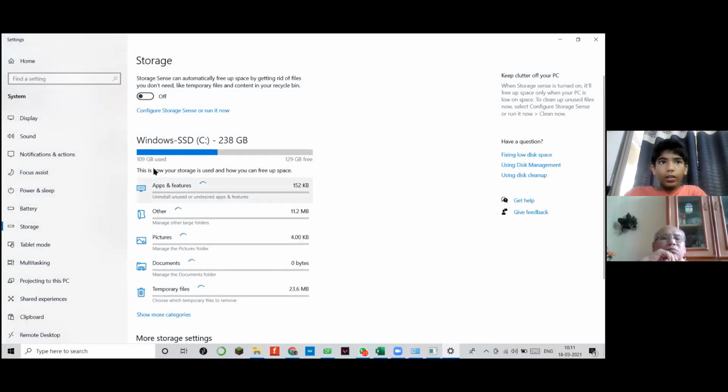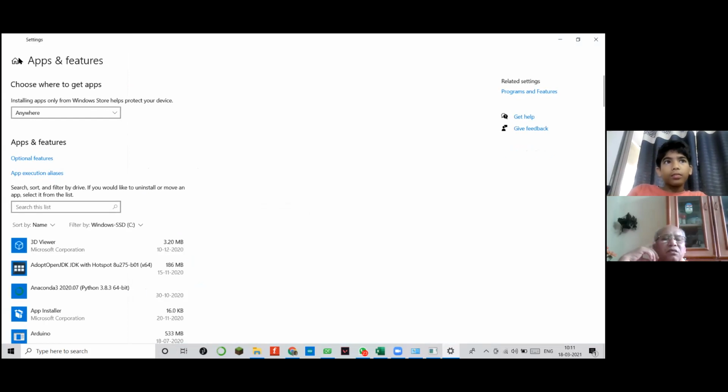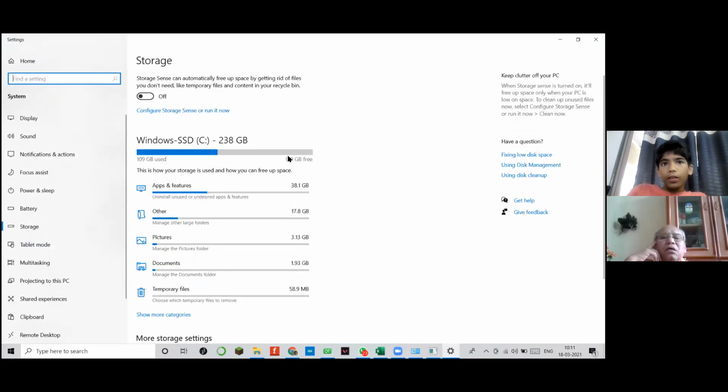Yeah, 109 GB used, 129 GB free. Okay, then it is good. It should work. It is a good configuration.